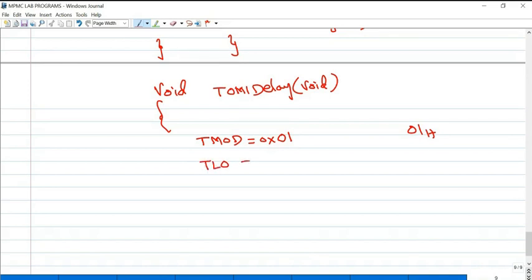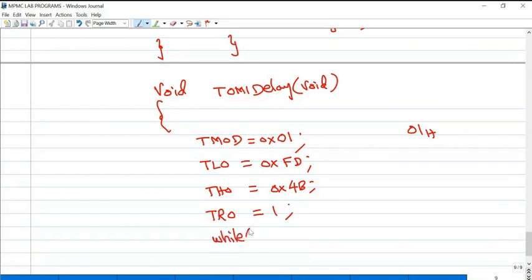Next, TL0, the value to be loaded is 0xFD, which we calculated just now. Semicolon is a must. And TH0, we have to load 0x4B. Now start your timer 0 by executing TR0 equal to 1.